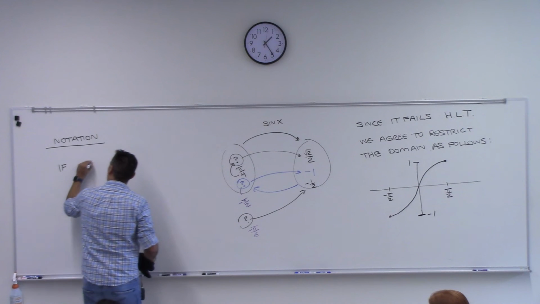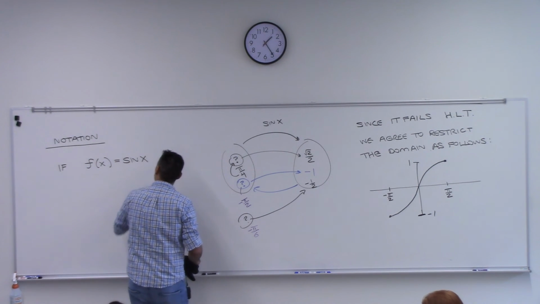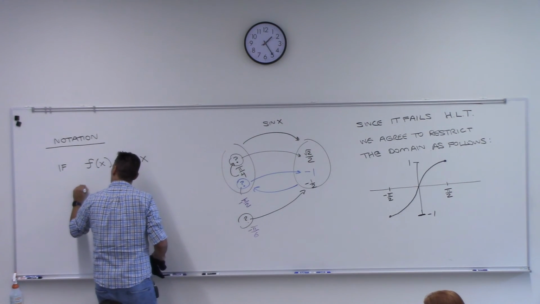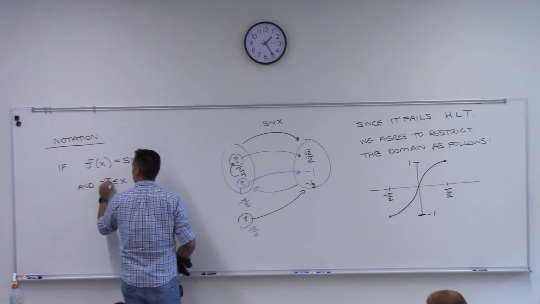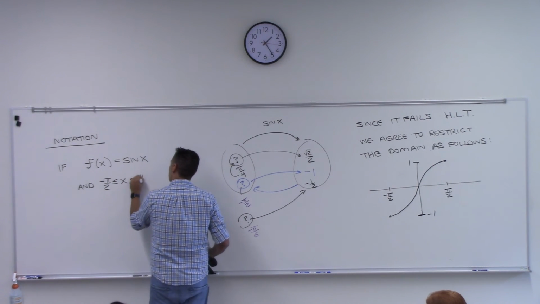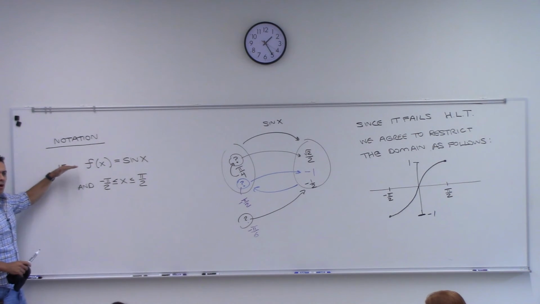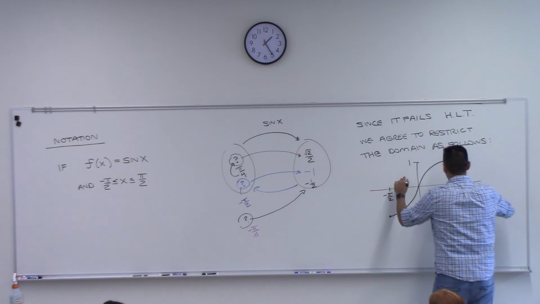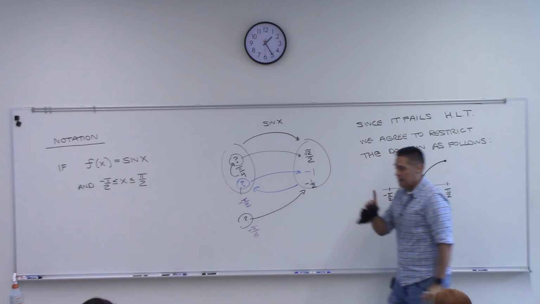If f of x equals the sine function, sine x, and we restrict x between negative pi over 2 and pi over 2, so we do this appropriate cutting of the domain, which means we only look between here and here, then